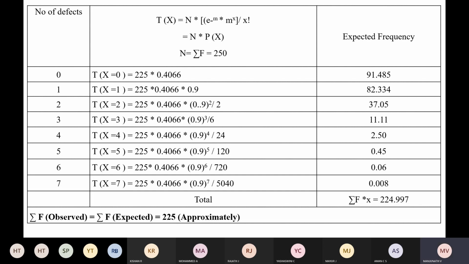Hello? Completed? Okay, good. I think Hritik has done it. Are you getting it? Total 250 sigma f. Hritik,